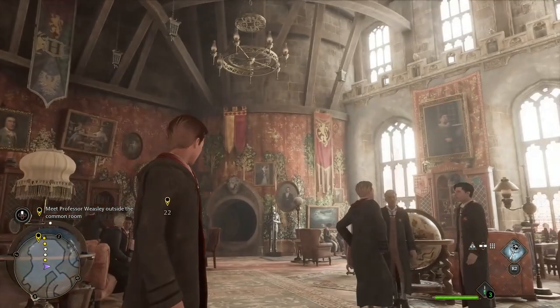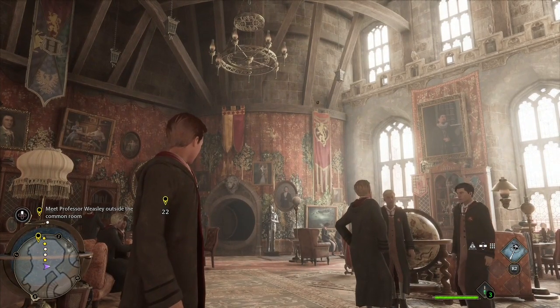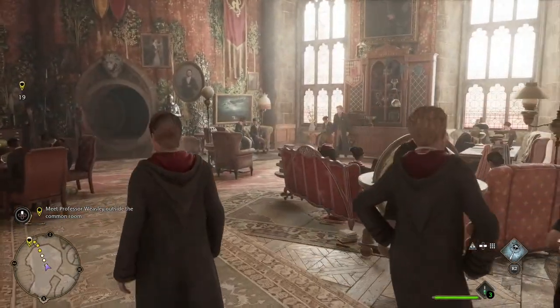So last time we started the game, we went through the whole intro, we got sorted into our house, and now we're on our way to meet Professor Weasley to go to our first class, starting here as a 5th